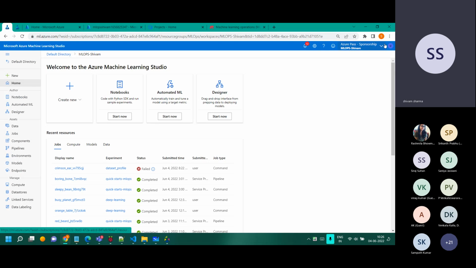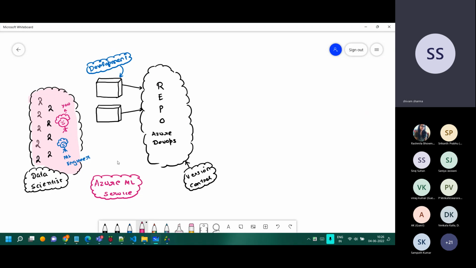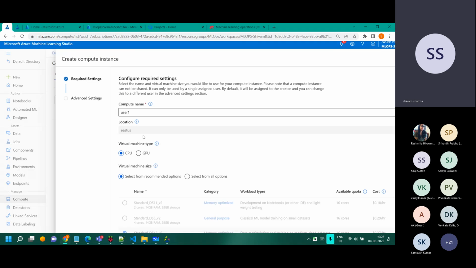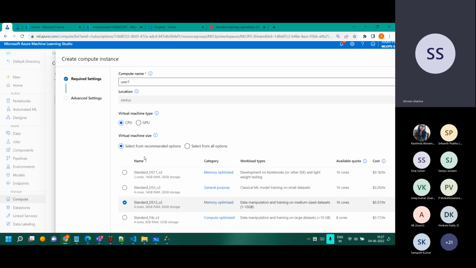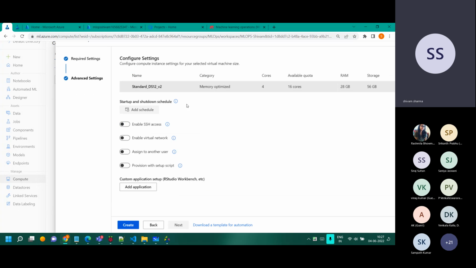Now, the development environments are on the left-hand side. We'll click on the compute option over there, and you see this compute instance. This is the development environment which we are talking about. So the first thing which we are looking for is a secure development environment which can have CPU or GPU, for providing the environment from where the developers or the data scientists can do the experimentation, and it is this one over here. It can be CPU, GPU, a pretty simple, straightforward thing. You create this. If I go to the next page, we have pretty advanced configuration here.